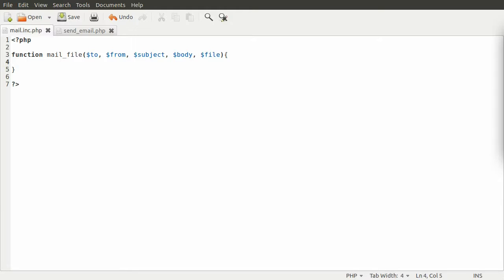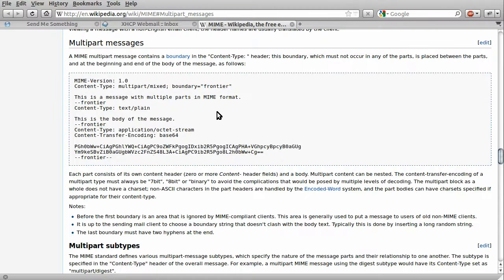To find them out, what I did was go to Wikipedia and search a bit. Hopefully you'll be able to get the link to this in the description of this video. I'm not sure how that'll work, but anyway, this is the Wikipedia page, and this is essentially what we need to send as our message. So this bit at the top here